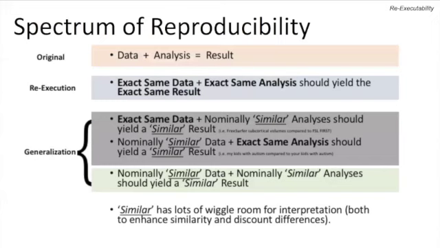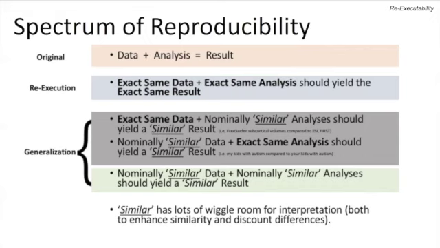So that helps us at ReproNim to frame our concept of reproducibility around this concept of re-execution. When I write my original paper, I get some particular data, I choose a particular analysis, and I generate some particular result from which I make whatever my claims are. That's kind of like taking a flag and sticking it in the ground and saying, I found this particular result with this particular analysis and this particular data.